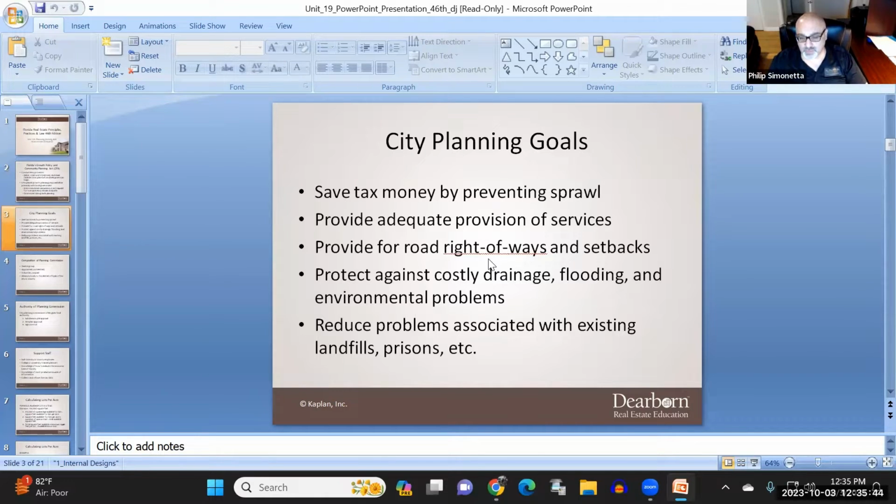Provide for the road right-of-ways and setbacks, stoplights, things like that. Protects against costly drainage, flooding, and environmental problems. So if you have the right drainage systems in, you will not have problems later. And it reduces problems associated with existing landfills, prisons, hospitals, things like that.